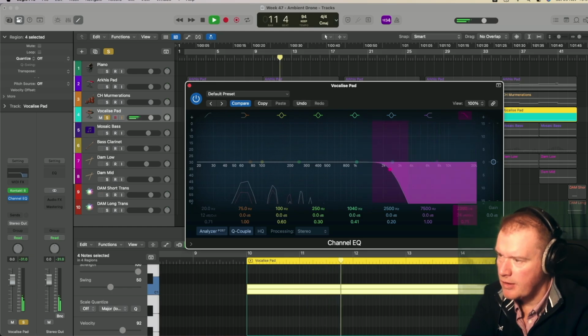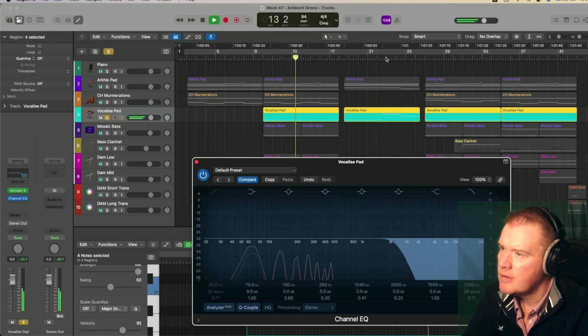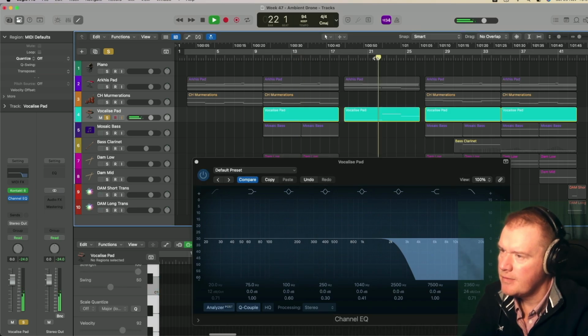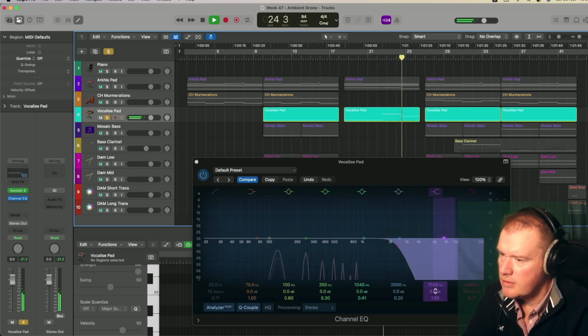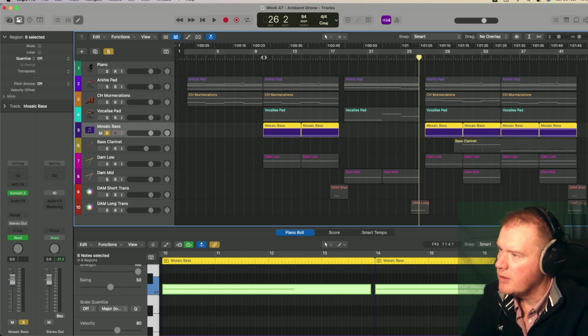Okay, so this is low, so we can get rid of some of the top end. That's it, come in here. Yeah, that's fine, just making sure we're not cutting anything off. The bass,